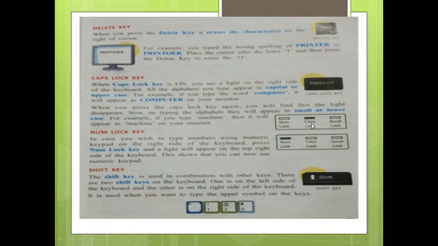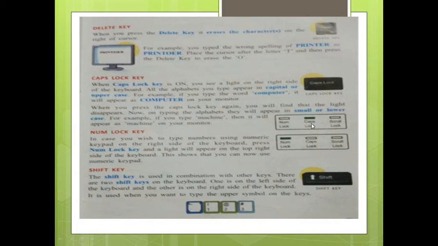Come to the shift key. Shift key also, two are there. One is right side and one is left side. Same position, only left and right side, but same line. Okay. The shift key is used in combination with other keys. There are two shift keys on the keyboard. One is on the left side of the keyboard and the other is on the right side.